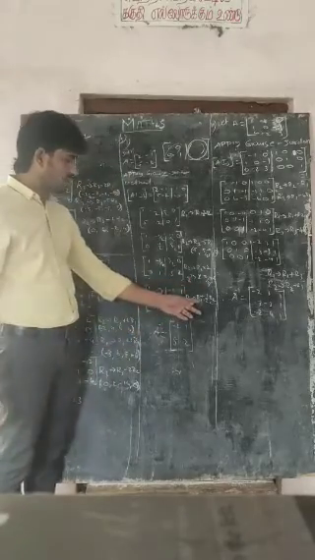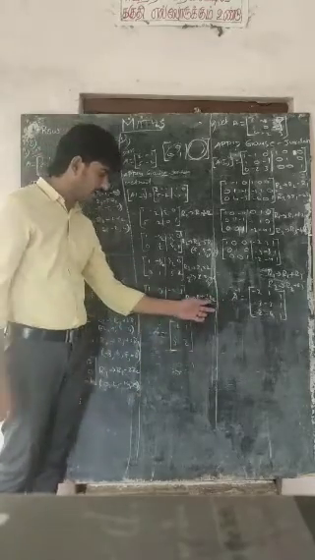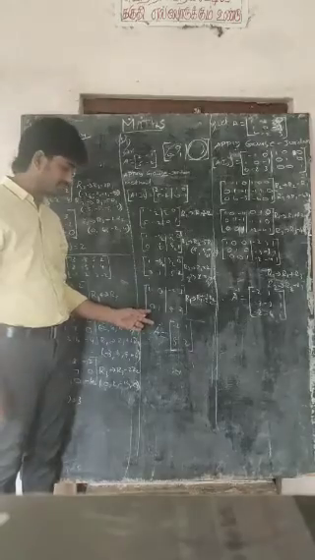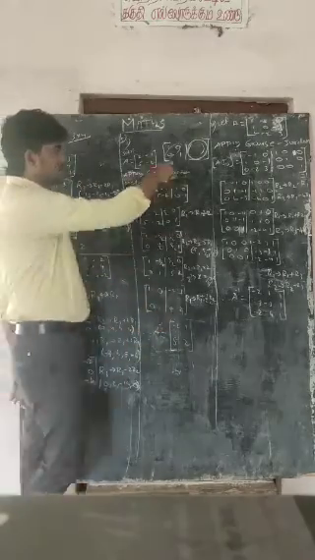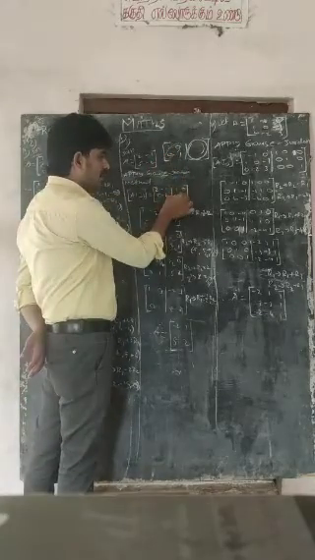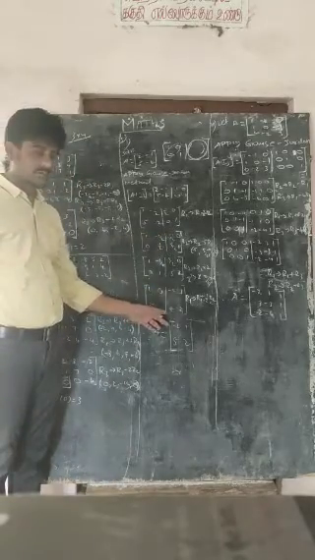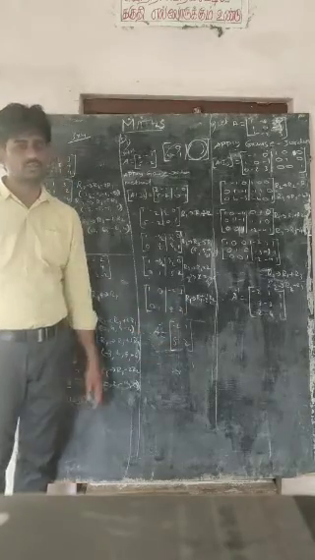So R1 tends to R1 plus 1 by 2 into R2. Now you multiply R2 by 1 by 2 and add it to R1. If you add like that, your answer will be 0 1 5 2. So first I have to inform that the identity matrix, the unit matrix, has to be brought to this side. That is our aim. 1 0 0. So what is in this place is the inverse. Minus 2 1 5. Minus 2 1 5.